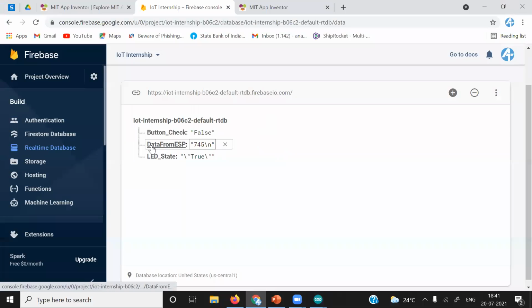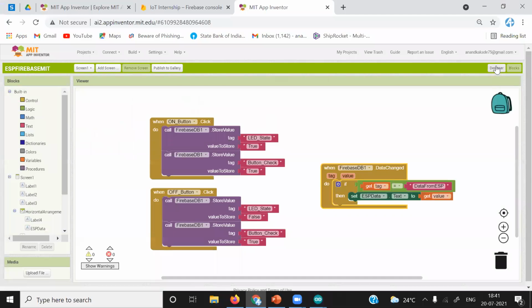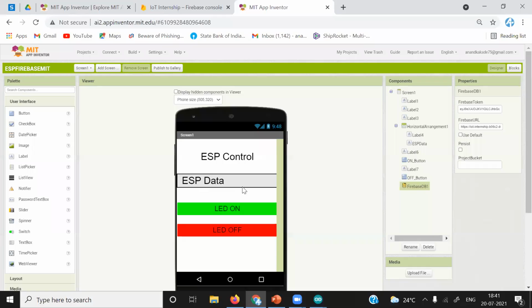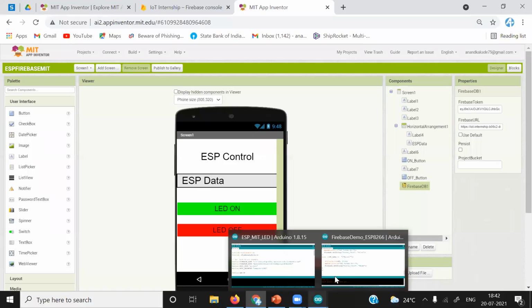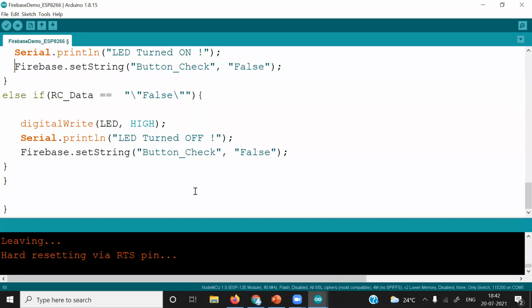That means we were receiving data from ESP8266 and observing that data in front of the ESP data variable. So we did the first half, controlling ESP8266 using this application, using these buttons. Now, for the second half, we want to integrate it in the same code. How can we do the same thing in this code?